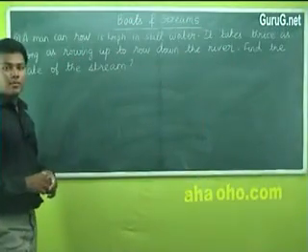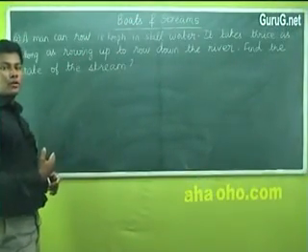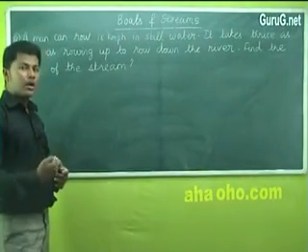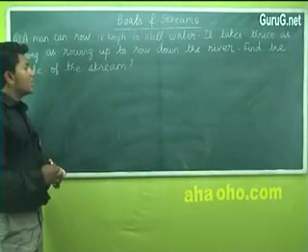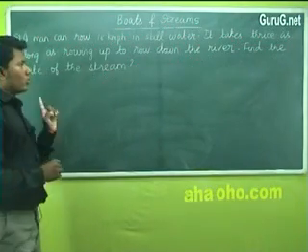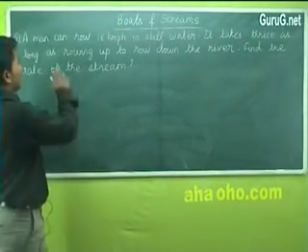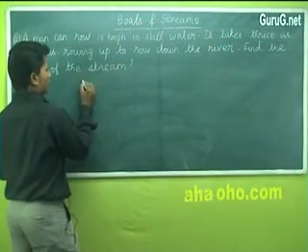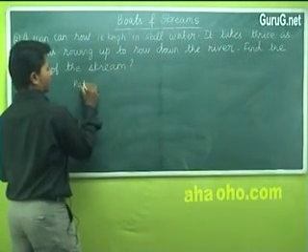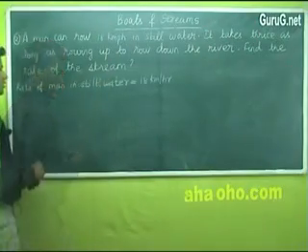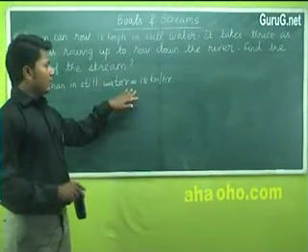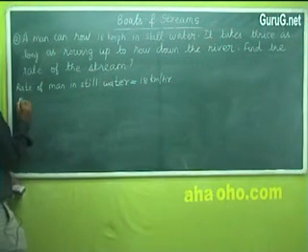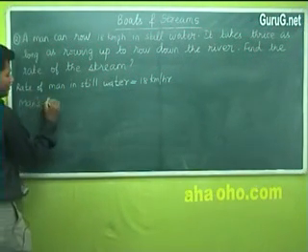So here is a problem. A man can row 18 km per hour in Stillwater. If it takes thrice as long rowing up as rowing down the river, what is the rate of the stream? Now, what is the question asked? What is the data here? A man can row 18 km per hour in Stillwater. So, the rate of the man in Stillwater is 18 km per hour, and from the given data you can understand that the man's upstream rate